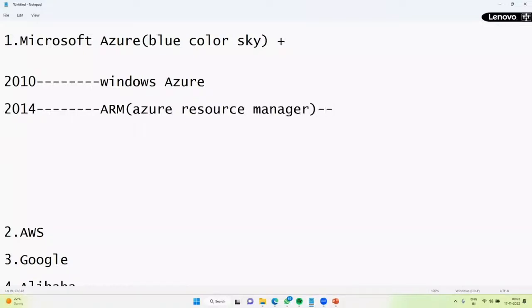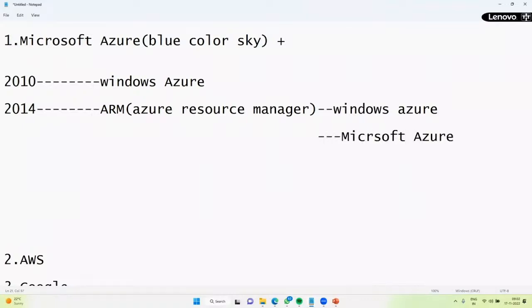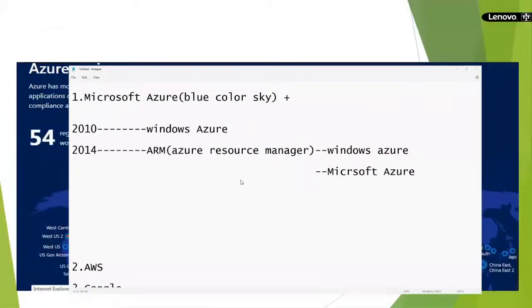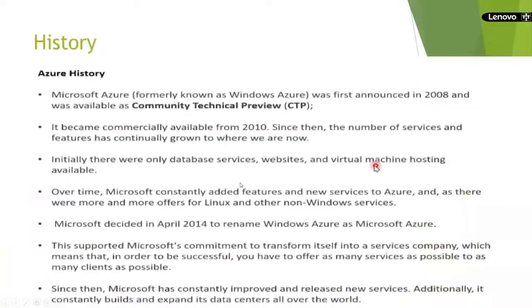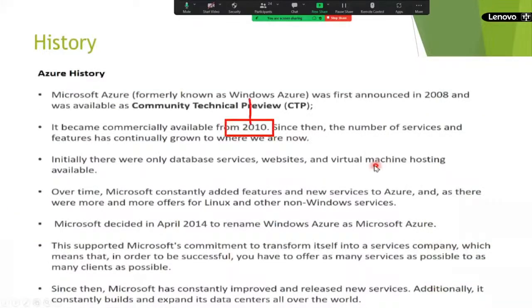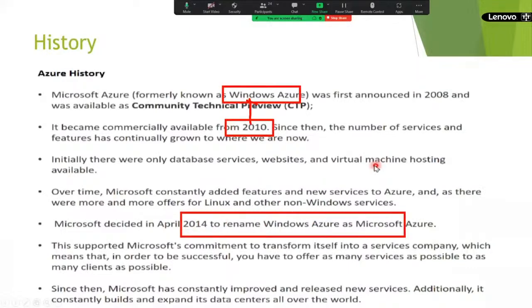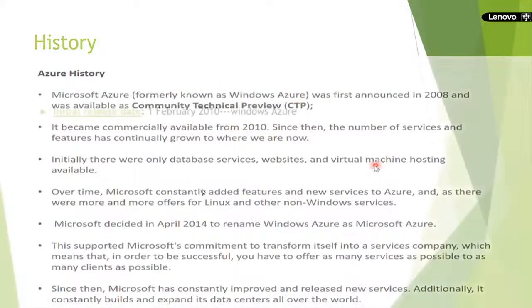Then they renamed Windows Azure as Microsoft Azure. Clear? This is about the history of Microsoft Azure. Same thing I have mentioned here, nothing else. In 2010 formally we called it Windows Azure, later they renamed it Microsoft Azure.